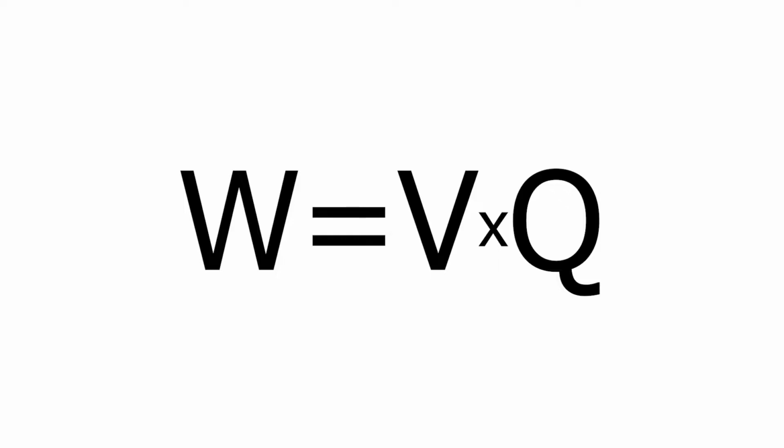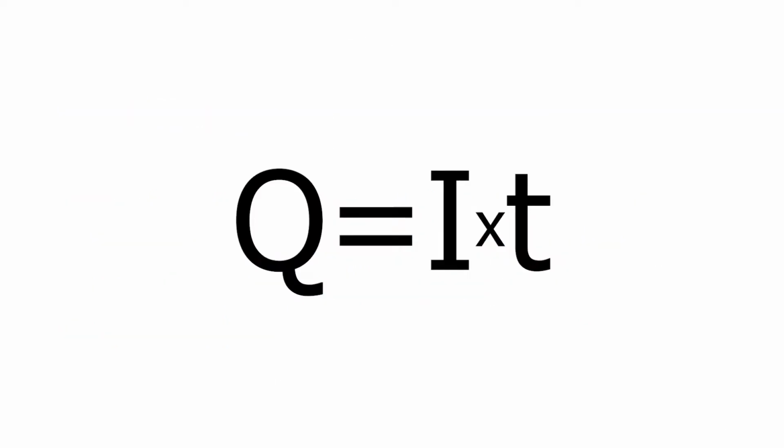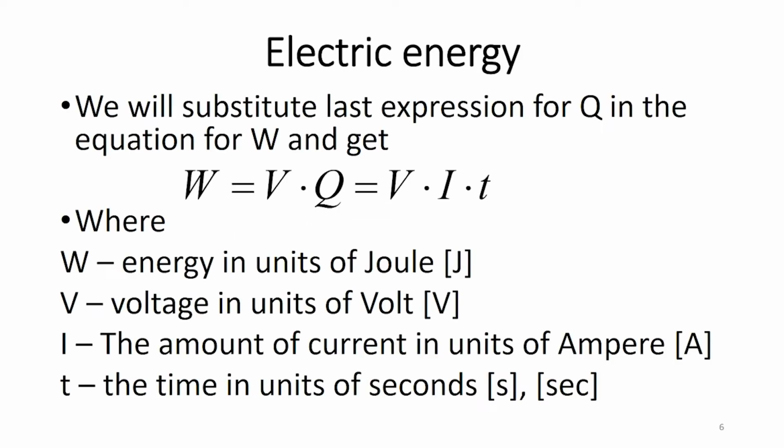That brings to the next equation. W equals V times Q. We already mentioned that the amount of electric charge is equal to the amount of current that flows in a certain time. It means that Q equals I times T. We will substitute the last expression for Q in the equation for W and get W equals V times Q, which is equal to V times I times T, where W is energy in units of joule, V is voltage in units of volt,